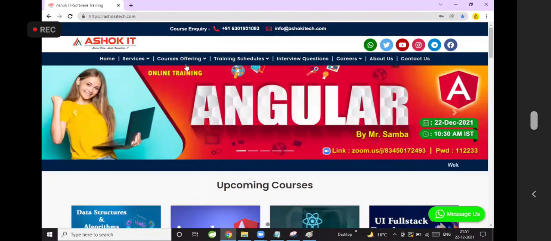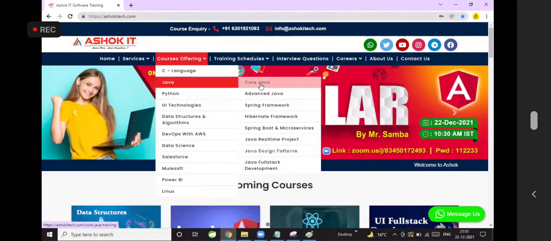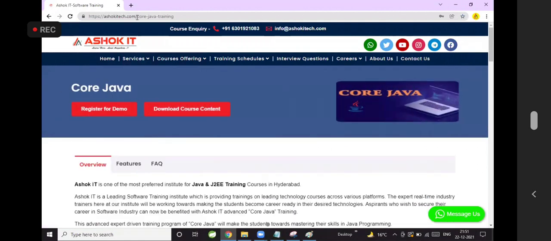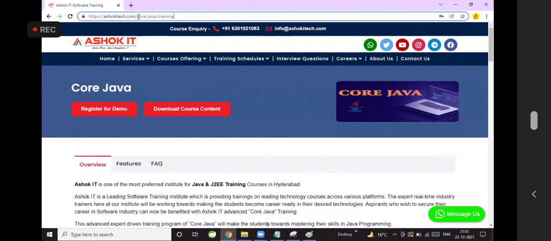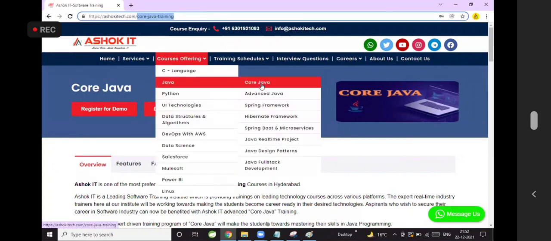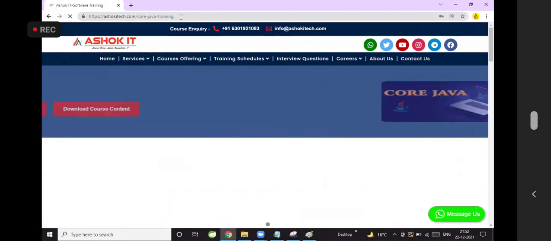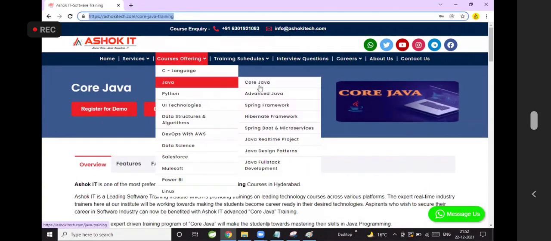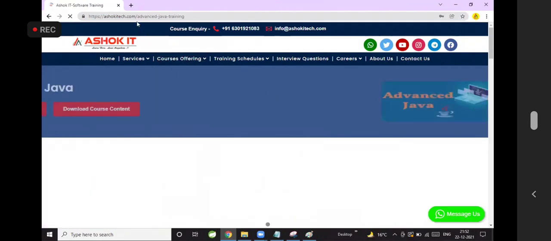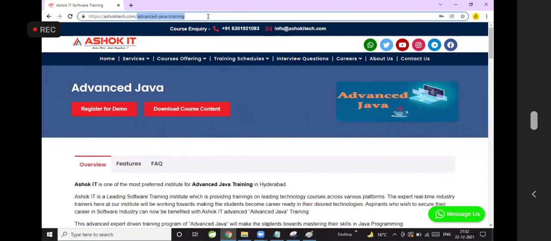See here, when I click on Core Java, the URL is Core Java training. When the user clicks on Advanced Java, the URL goes to Advanced Java training.